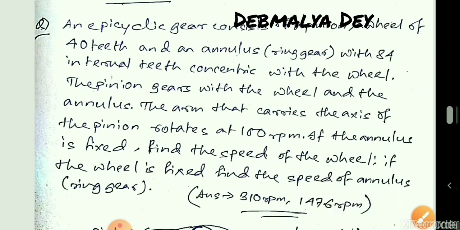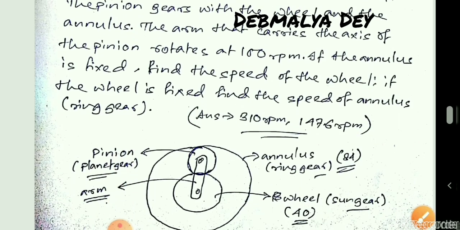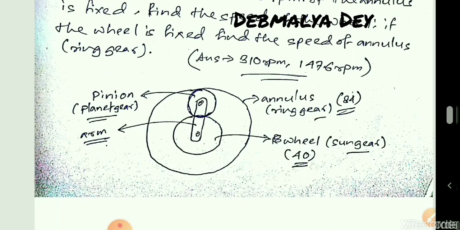Now in this question, one concept is very important. That is, if we see properly, we will see that the number of teeth of the pinion or the planet gear is not given. Now, to solve the question, we obviously need to find out the number of teeth of the pinion gear. So to do that, we have to apply the concept of geometry as I explained you in class. So what will that be?